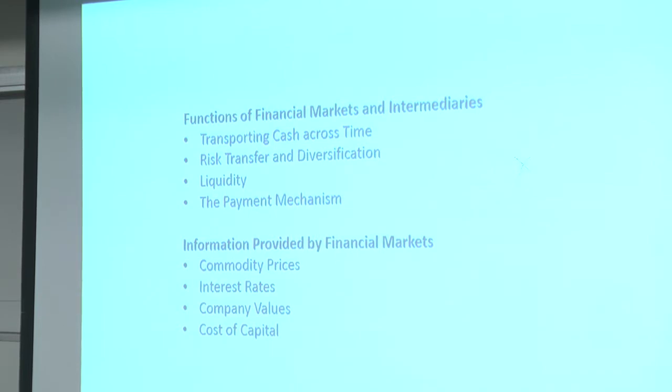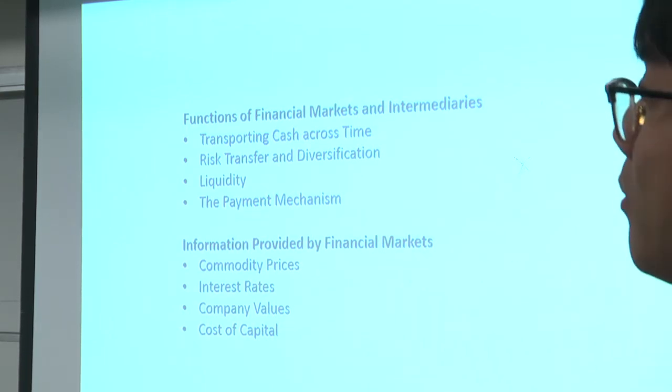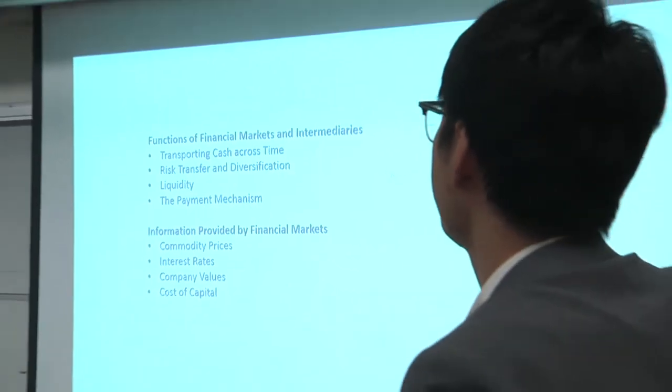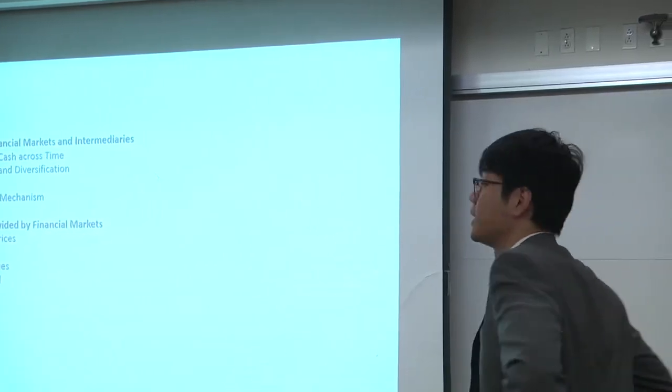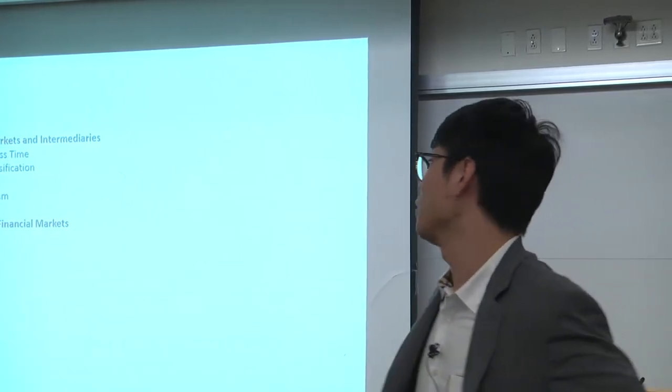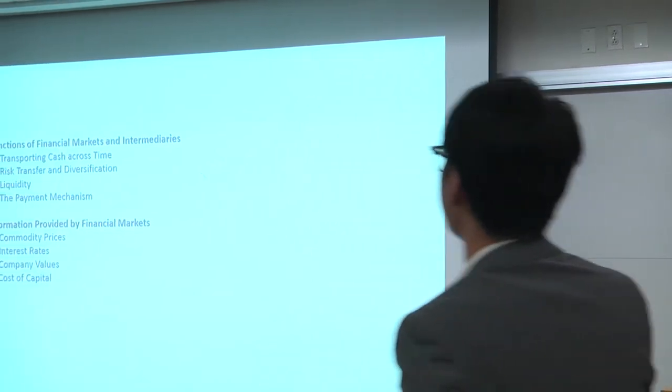There's another important thing, which is information. Price, as usually understood, is how much one good or asset could be paid for. But price also provides information, right? The market price provides information about the firm's future investment opportunities and growth. We'll talk a little bit more about that in the market value later.